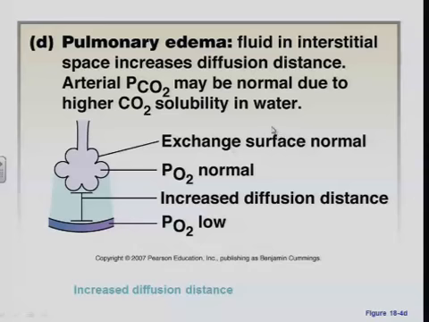We've talked about pulmonary edema. This can result from left ventricular heart failure. It can result from high altitude hypoxic pulmonary vasoconstriction. Whatever the cause of pulmonary edema, that's where we get an increase in fluid in the interstitial space, increasing the diffusion distance. So in this case, we can have a normal alveolar PO2